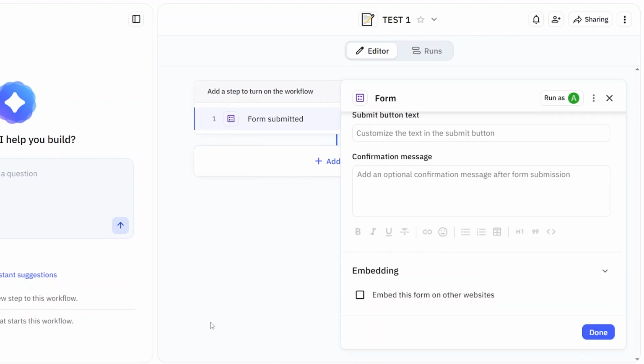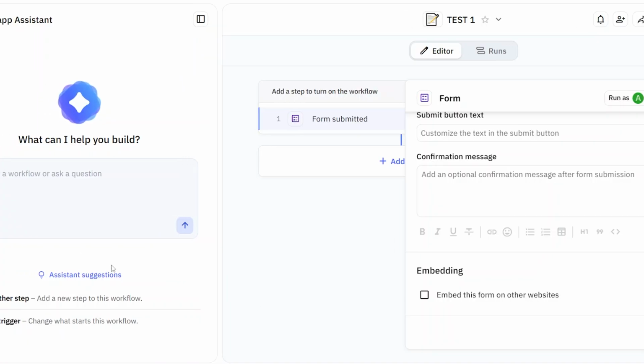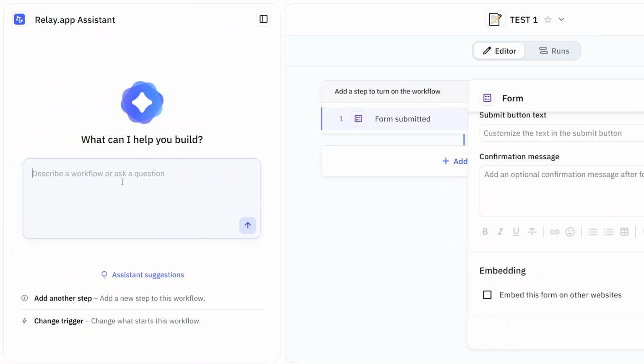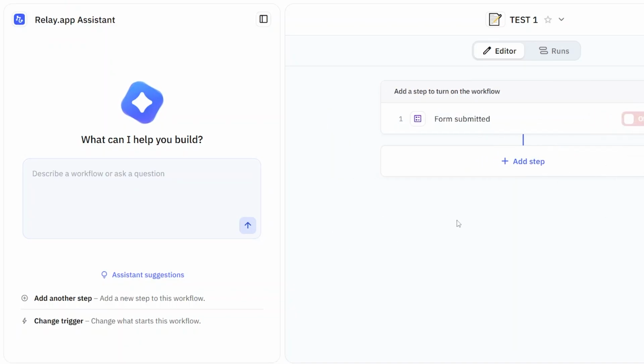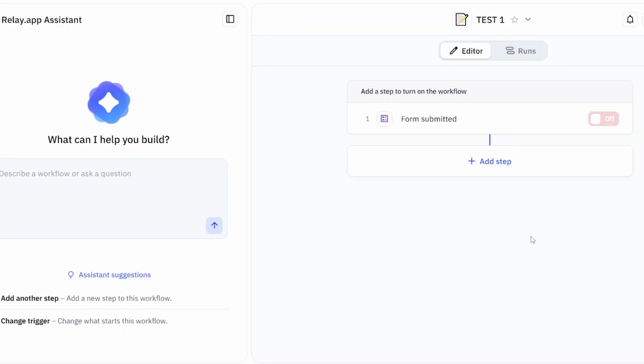Now you can also make this workflow smarter with AI, which is on the left of your page. You can simply describe your workflow or ask a question, and then the AI is going to send that input data. Or you can also connect different AI tools like ChatGPT. So for example, if someone submits a question, the AI can generate a draft response instantly. This step happens automatically and saves you time, but instead of sending the response immediately, we're going to add a